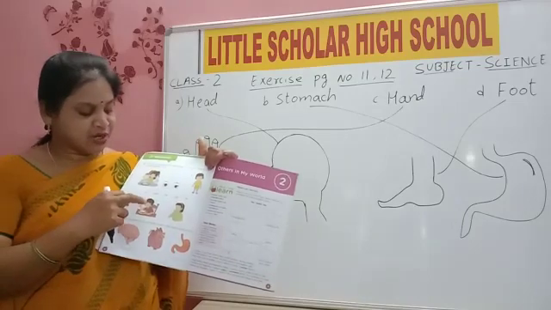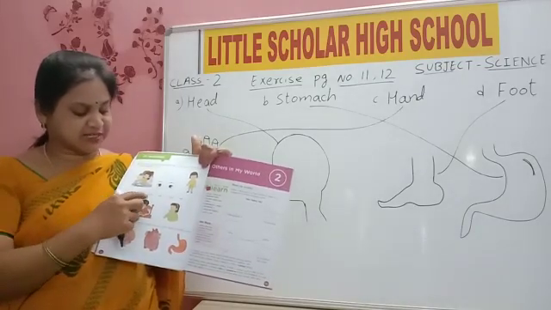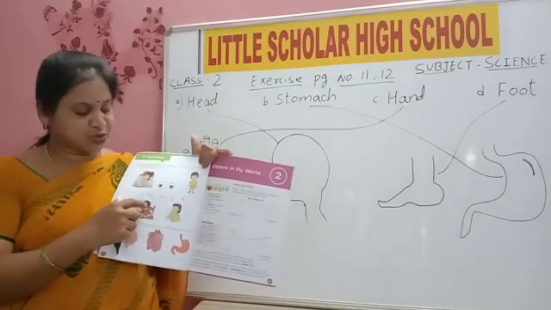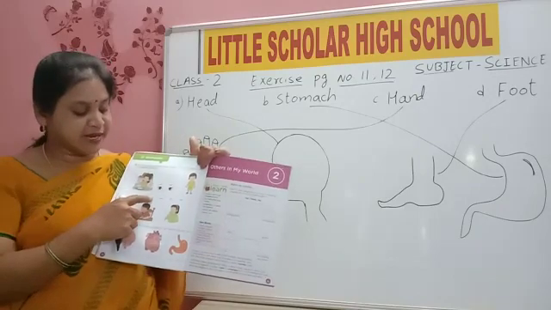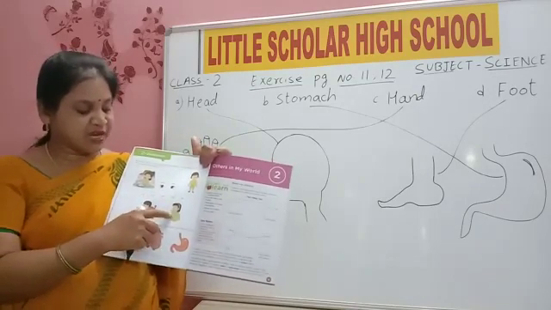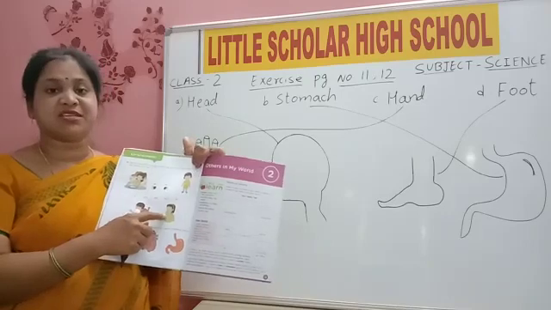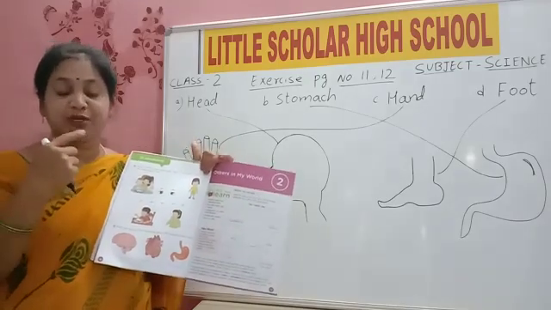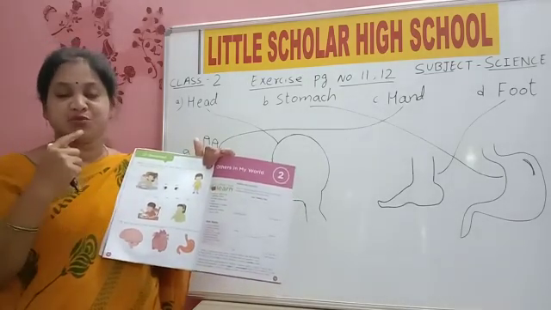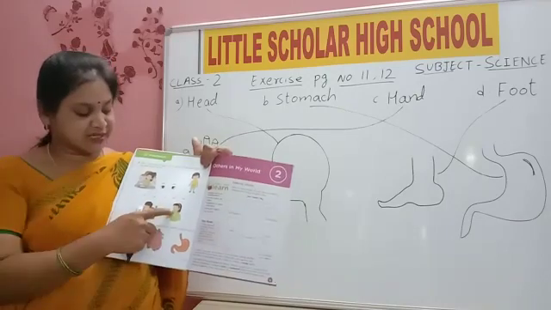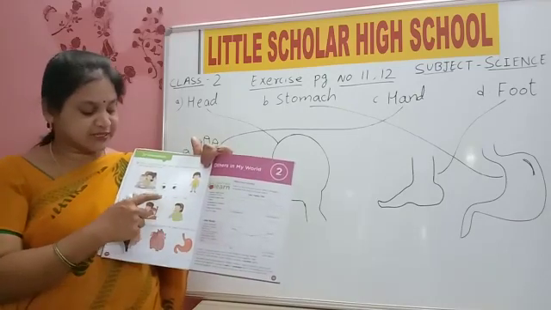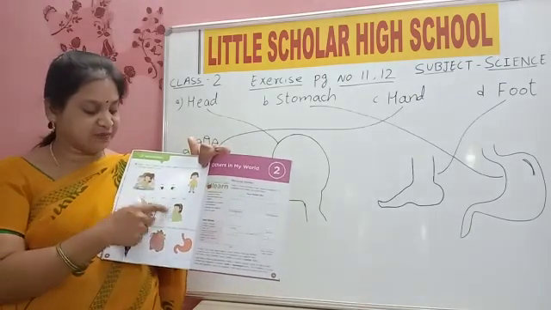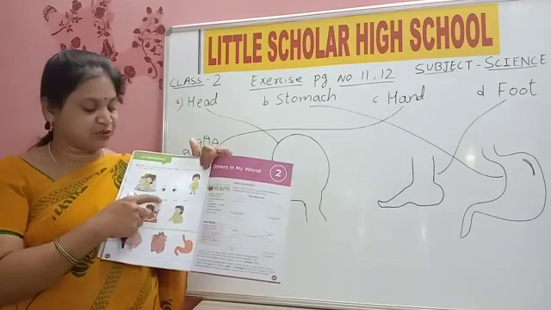Yes, children. So he is smelling here. S-M-E-L-L, smell is there. So you will draw a line to smell. Next, what is this girl doing? She is eating ice cream. She is using her tongue to taste ice cream. So tongue, tasting. Here, ice cream, taste. You will draw a line to taste.